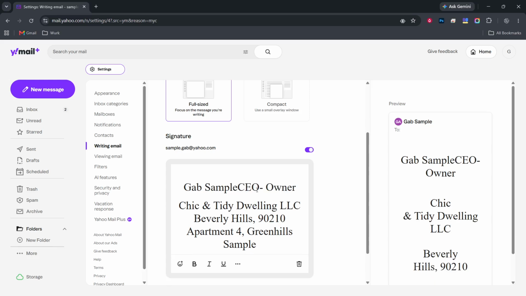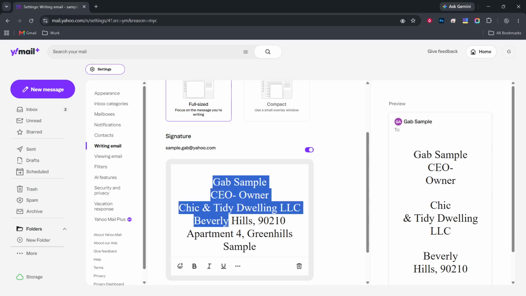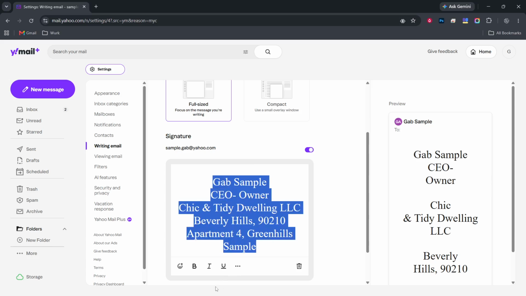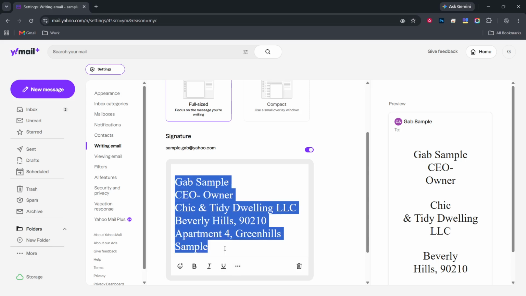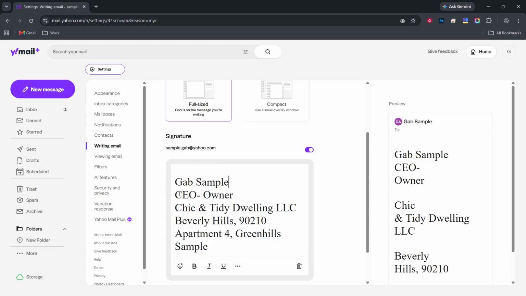After that, click the signature box that appears on the screen. This is where you will input your desired text. You might see a placeholder text here, but don't worry, you'll be replacing that with your own signature. Clicking this box allows you to personalize your emails, which is especially important for professional communication.